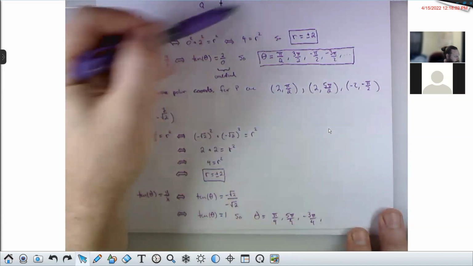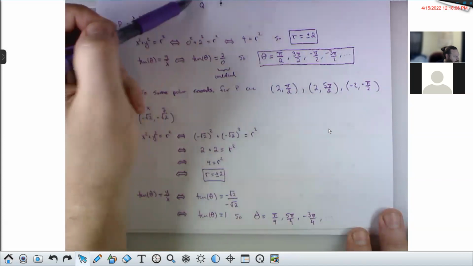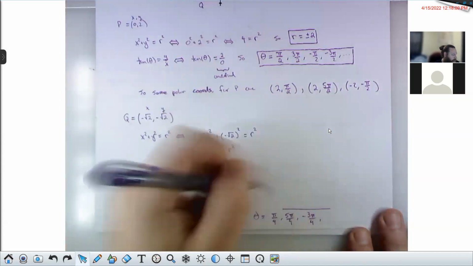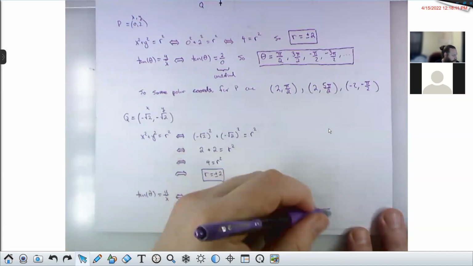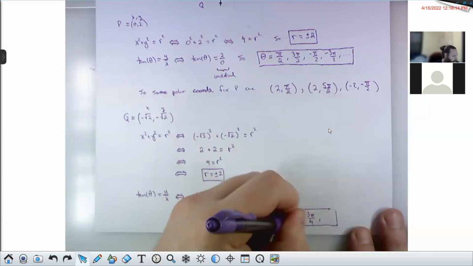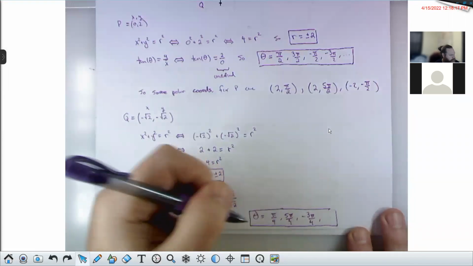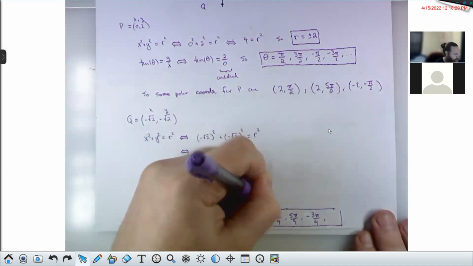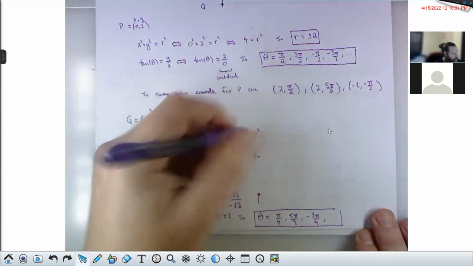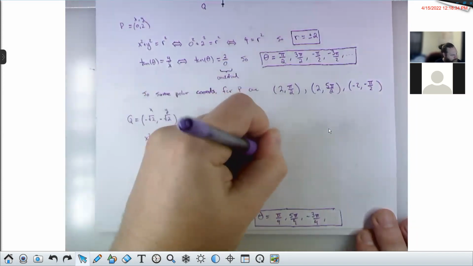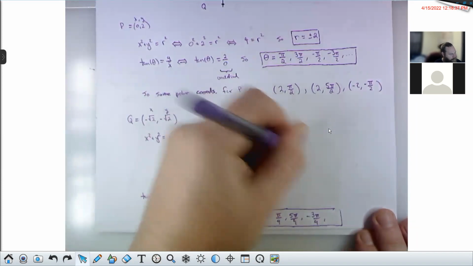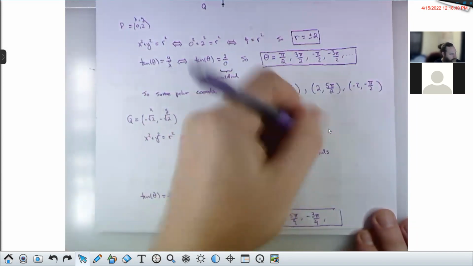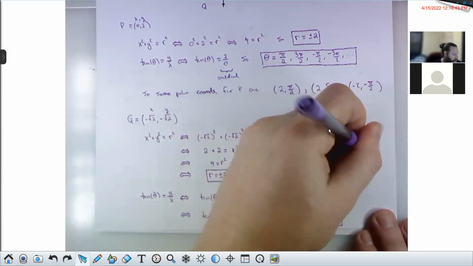Negative 3 pi over 4. Yeah, fine. So here are 3 theta values we could use. All right, we're just trying to find all the theta values that satisfy tangent theta equals 1. And I'll put the answer up here. So some polar coordinates for the point Q are,